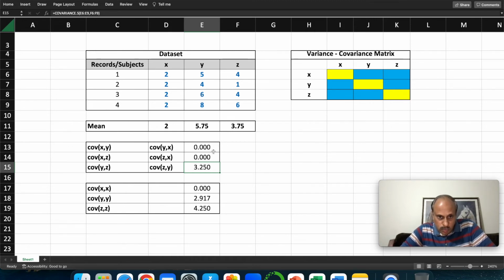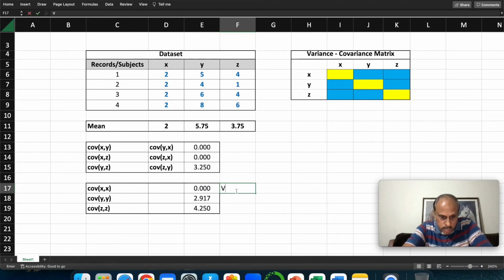So this gives me the covariance values. How do we populate this variance covariance matrix? We'll just talk in a bit. So let's go to the last table here, third table, in terms of the calculations here. You can see it as the last table here. So covariance of x with x itself, that's nothing but your variance. Okay, so how do we calculate? Similar to how we did in the above table, we're taking this time covariance of x with x. So it is these values with these values itself, isn't it? It's a no-brainer. So it turns out covariance of xx, which is nothing but the variance of x, will be